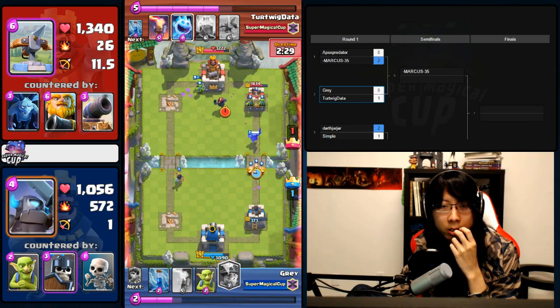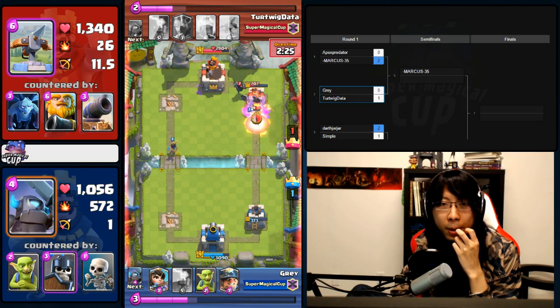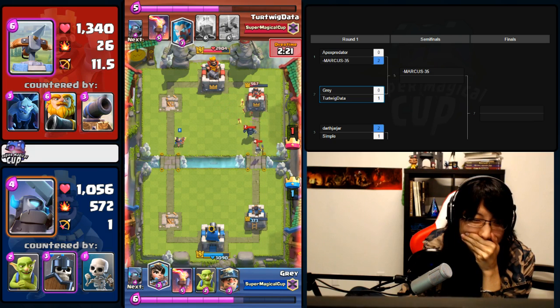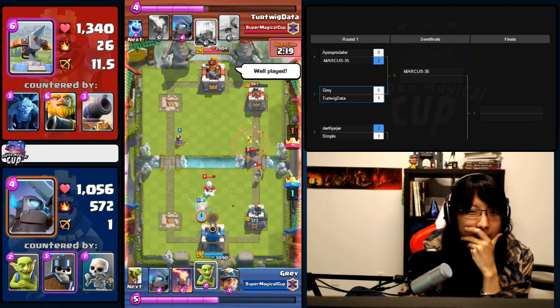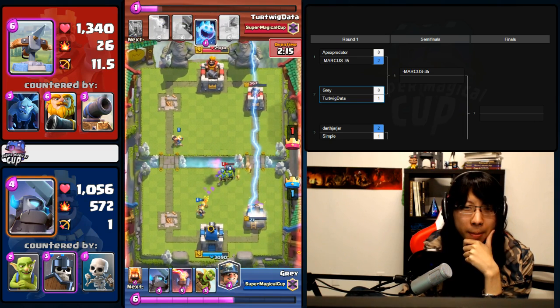He's just going to throw aggressive now. He needs to. Ice Spirit is not a good answer, and there's a mini P.E.K.K.A swinging! Oh my god! This game is giving me a heart attack. I actually want to say that Turtwig has this in the bag, but...